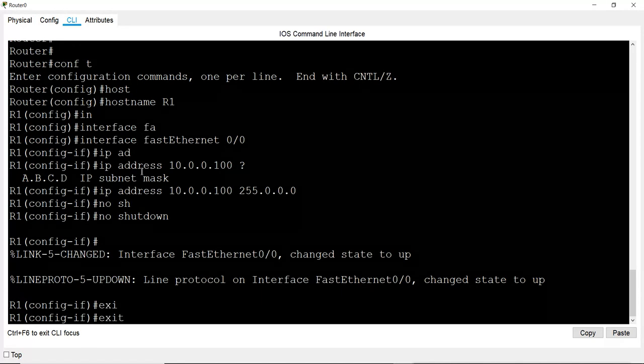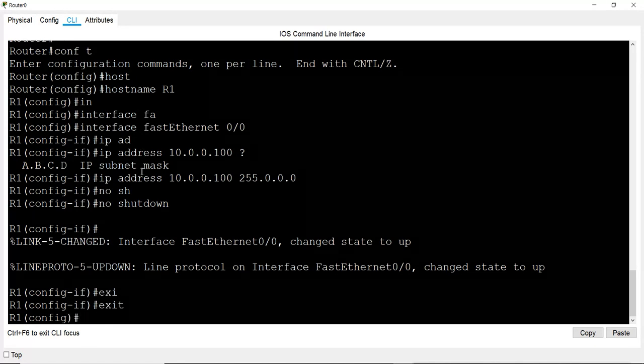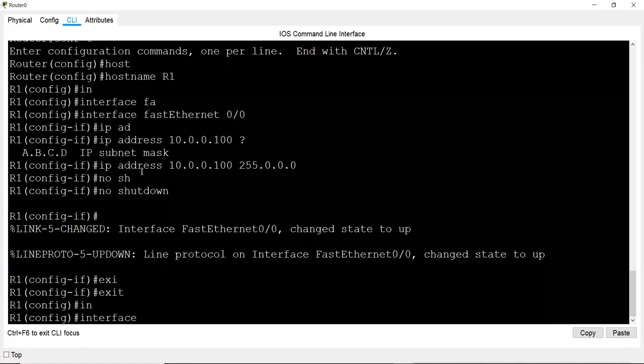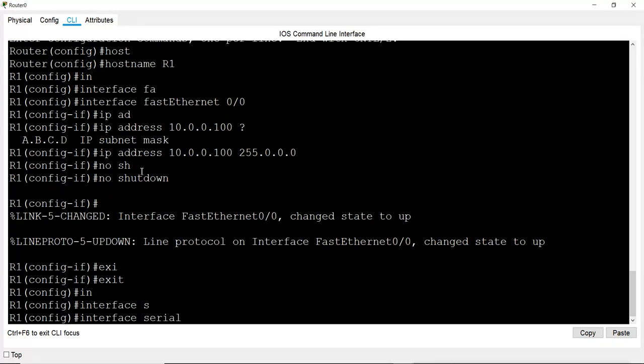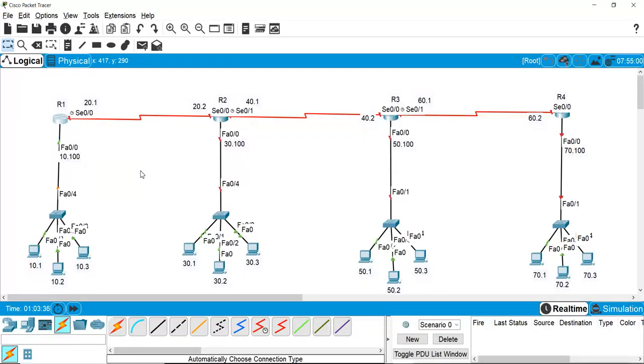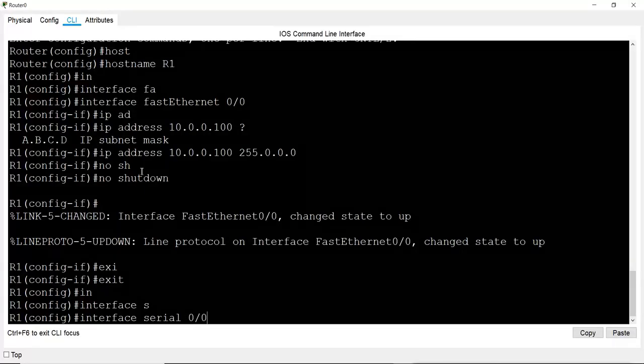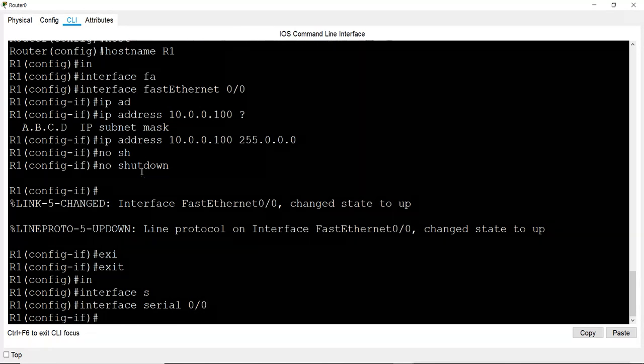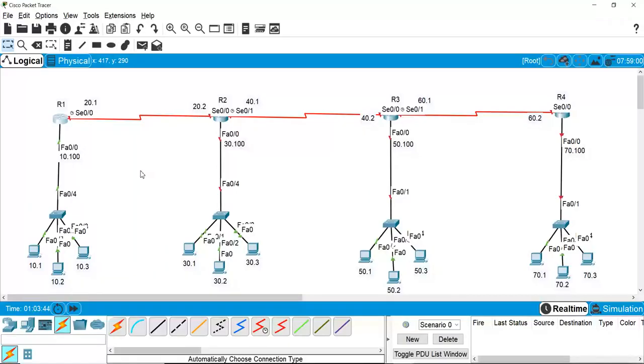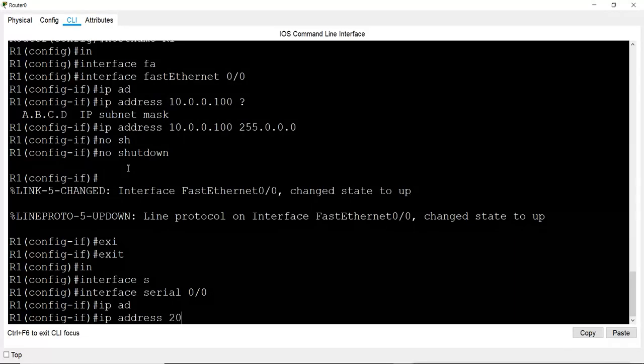I will exit from the fast Ethernet port. Now I will give the interface command again, serial. The number for the port is 0/0. Now I'm in the interface, so ip address, and I have decided that I'll use 20.0.0.1.